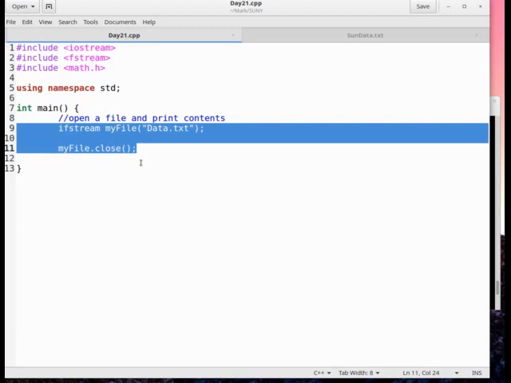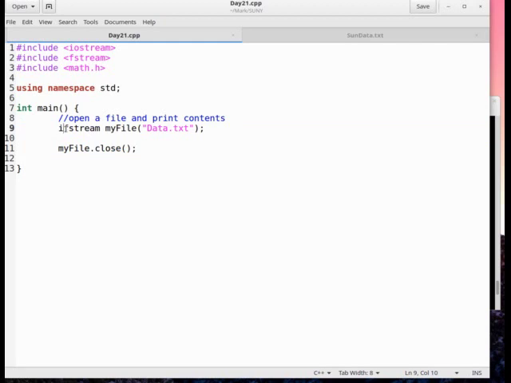If I want to write to a file, I just change the input file stream to ofstream for output file stream. Still have to include the fstream in order to be able to use the output file stream. I've created an output file stream called myFile, but that could be any name you want. And the name of the file that I'm going to write to here is called data.txt. The .txt file extension is good if you're just writing simple characters to that